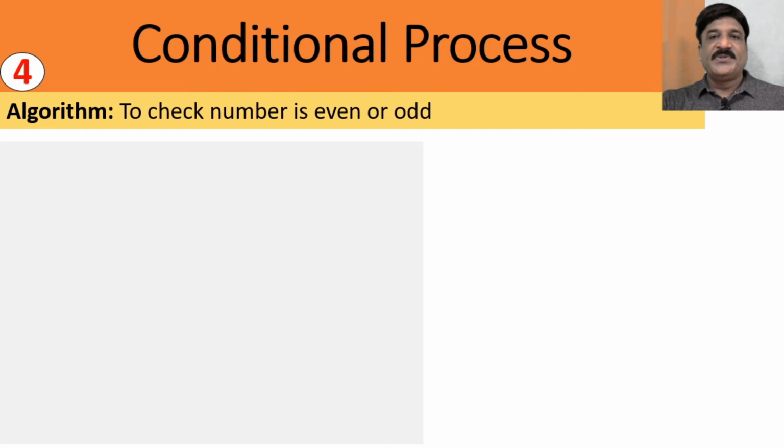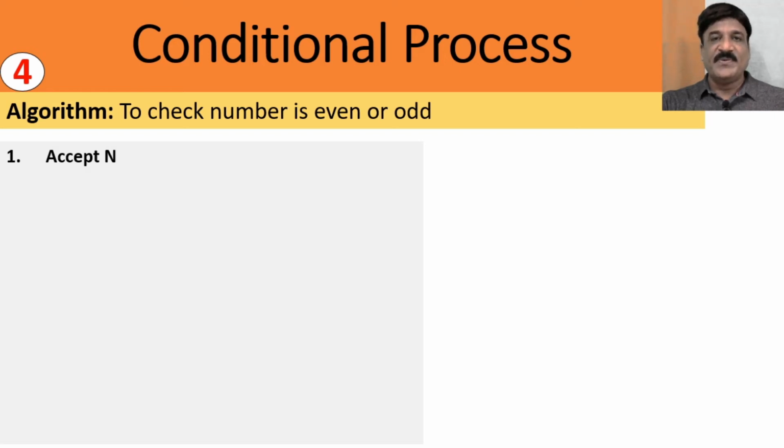Now, to check whether a number is even or odd, how are you going to check? First of all, you need to accept what? A number. Now which number are you going to call even and which number odd? If the number is divisible by 2, then divisible by 2 means what? On dividing any number by 2, if you are getting a remainder 0, then such numbers are referred to as what? Even, otherwise they are odd.